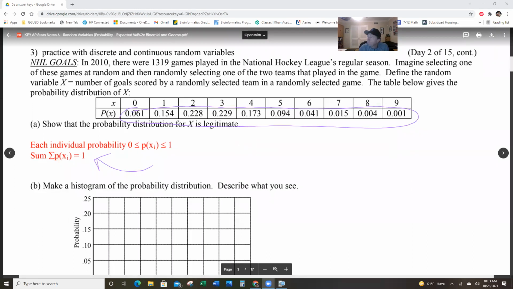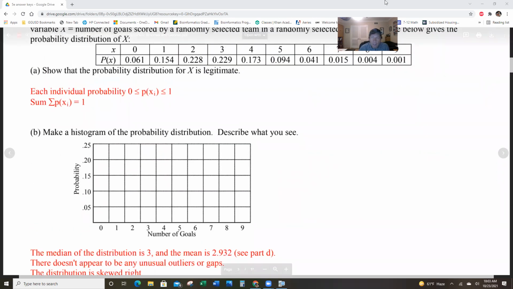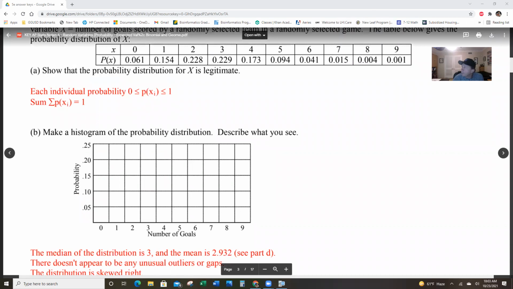Okay. All right. The next question. The next one is make a histogram for what you see. All right. Histogram, no problem. So on this, all we're going to do is just draw a little histogram. So 0 is 6% of the time. So I'm going to go right there. That's a bar anyways. 1 is 15%, no problem. It went a little high there, but 2 is 28%. So that's right around there. 3 is 22. Let me erase just a little bit here. I'll try this all over again. I don't like how I did that.